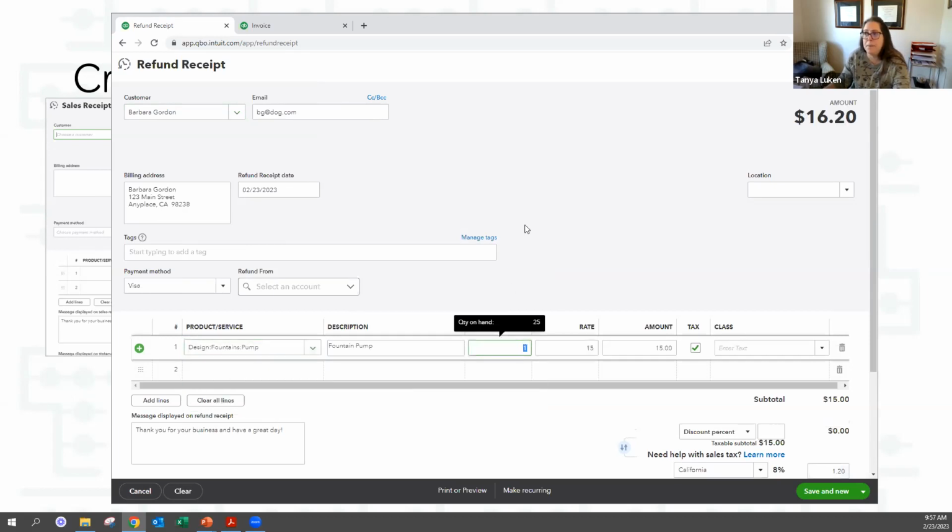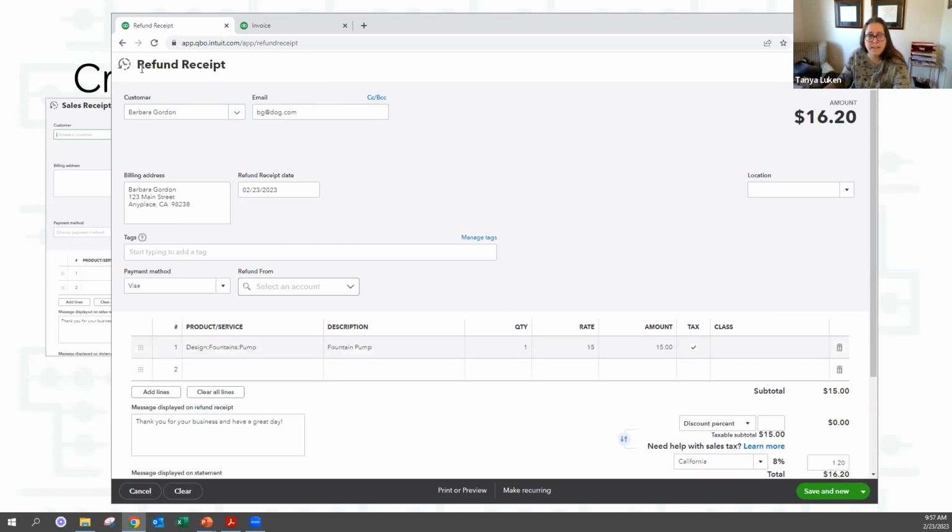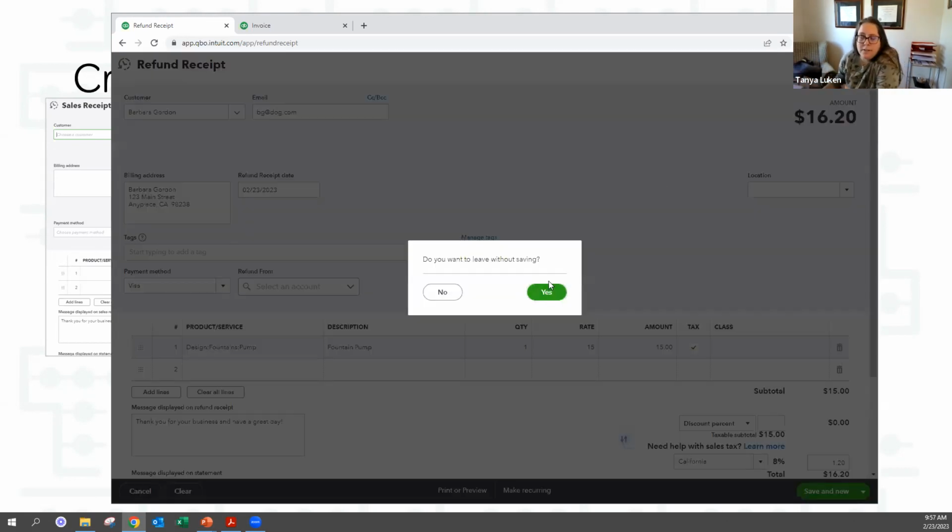And because it's a refund, it's already a negative number, so you don't do the negative again. Here, your refund account is asking you where you're going to refund it from, your checking account or your savings account. So keep that in mind also, because a refund receipt is you giving them money back somehow, so it's asking you how you're doing it.